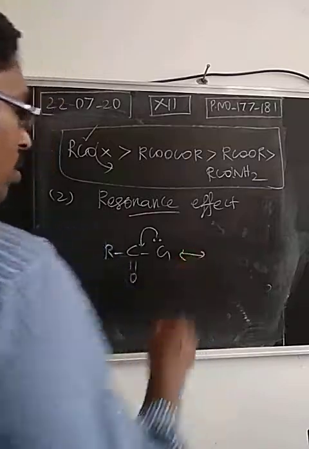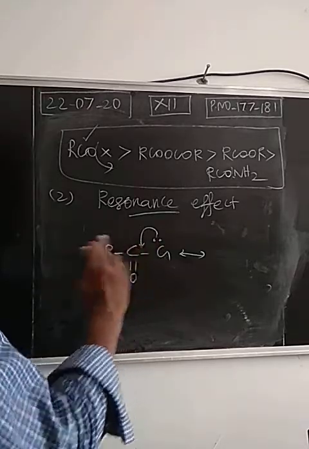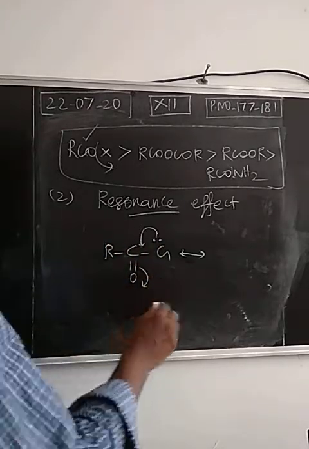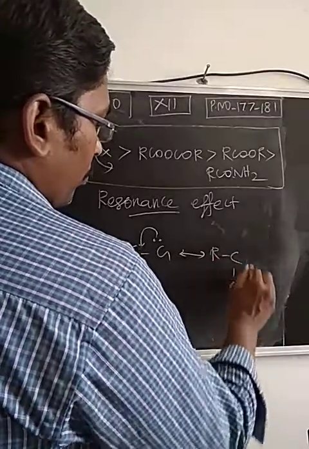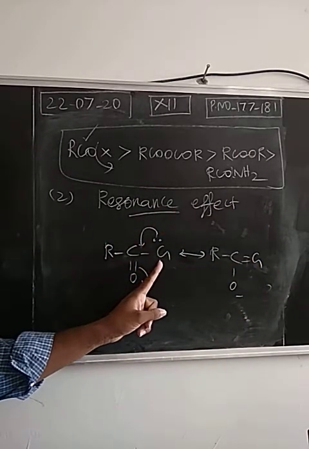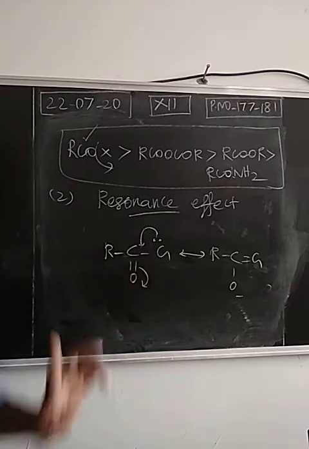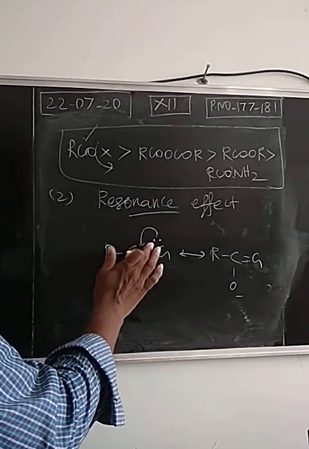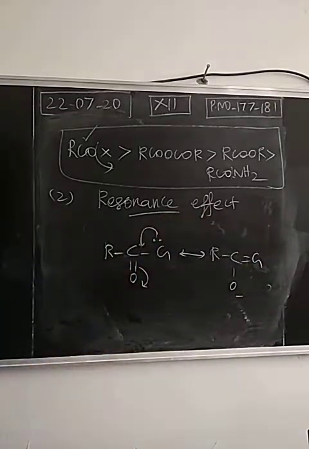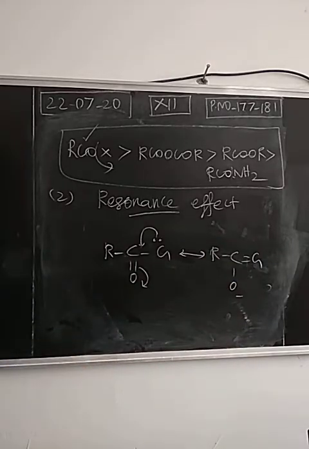So we get more than one structure. We call it a resonance structure or canonical structure. So when this lone pair of electrons makes a double bond here, this will be shifted. So we get resonance structures if the group replaced OH. Any one group can replace the OH of carboxylic acid. If it has a lone pair of electrons, this will make resonance structures. Always resonance will lead to what concept? Stability. Resonance will lead to stability. That means reactivity will be reduced.